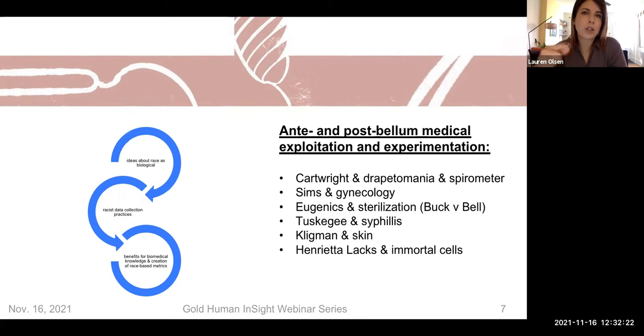Just like Cartwright, Marion Sims was a very well-respected physician. While his statue was just removed last summer of 2020 from Central Park, he was a well-regarded physician known as one of the fathers of gynecology for the work he did in developing a lot of knowledge for women, fistulas in particular. The way, though, that he was able to make these advancements was in performing horrific surgeries on Black women who didn't have any anesthesia